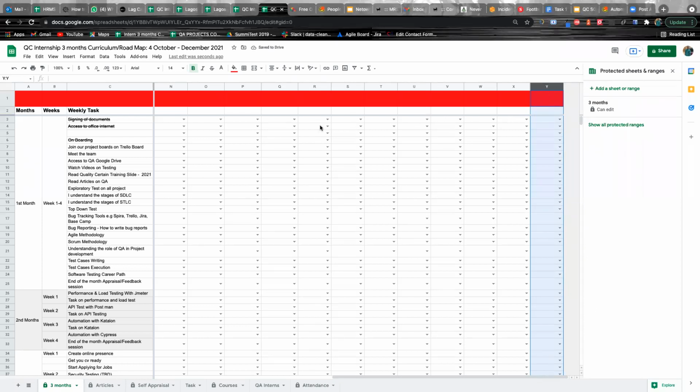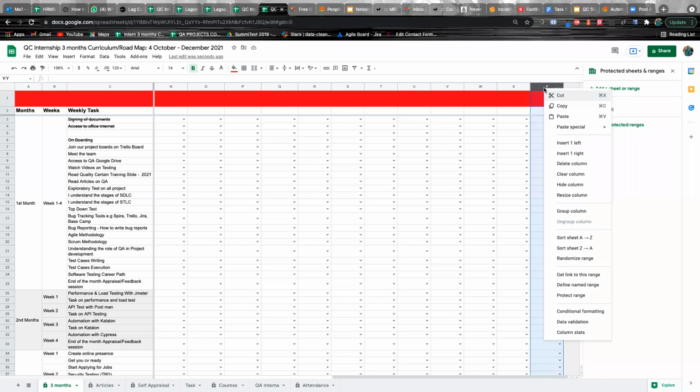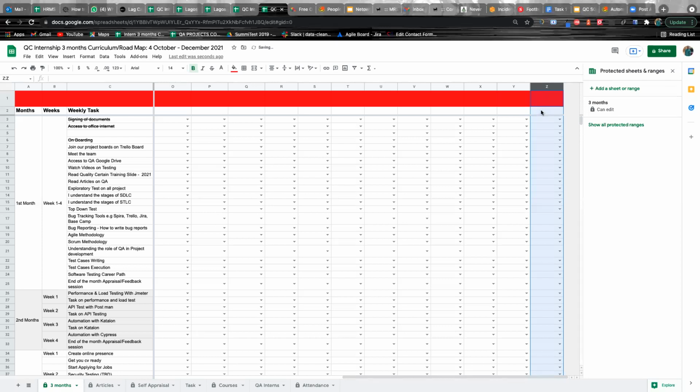If at all everybody has picked all these columns to input their names, come up here on this upper part of the sheet. You can see I'm hovering my arrow on it. Then right click on it, then insert to the right. Then you can add in your name. So as soon as that is done, you can come here, join the project board. You can click on the arrow and give the status done.